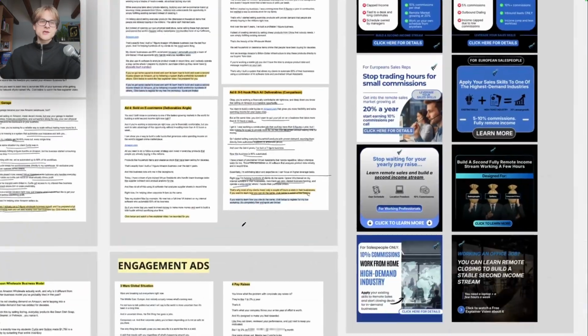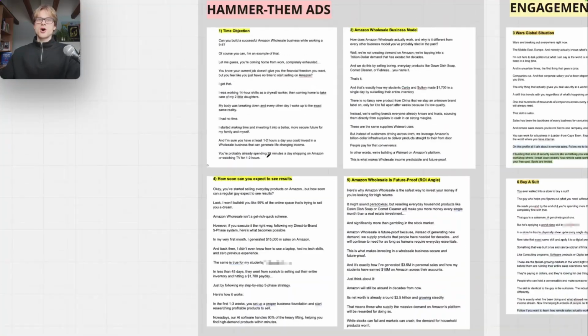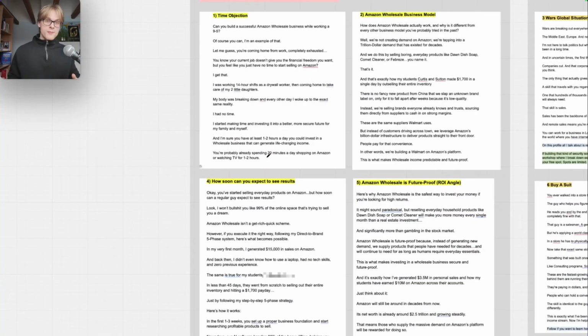So essentially with this ad, we're attracting these corporate 9-to-5ers who don't have a lot of time, and they want more money and to build something on the side as well. But they're already earning good money on the job. Why should they leave the job? They just want to build something on the side for more, and something that doesn't take all of the time out of them.